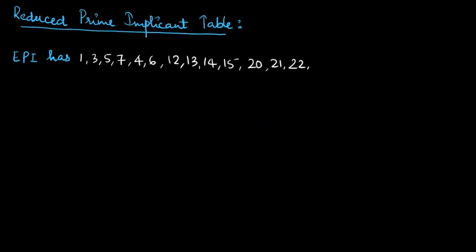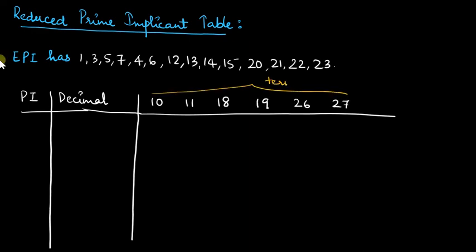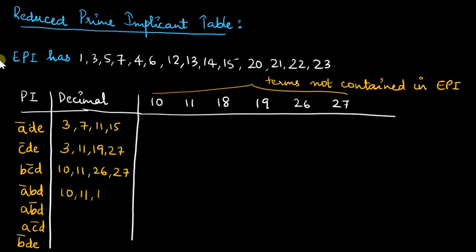So what I'm going to do as a first step is write all the min terms which are covered by the essential prime implicants, and the min terms which are not covered by the essential prime implicants will be dotted down here. Along the row you have the prime implicants. Along the column you have the decimal notations which are not covered by the essential prime implicants, and you are going to put an X corresponding to the decimal notations which are available for the prime implicant.